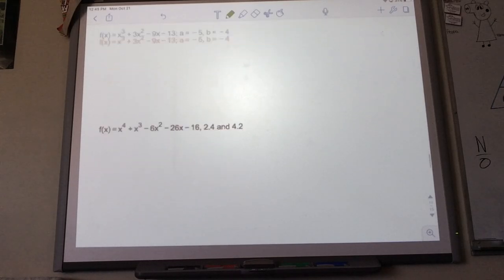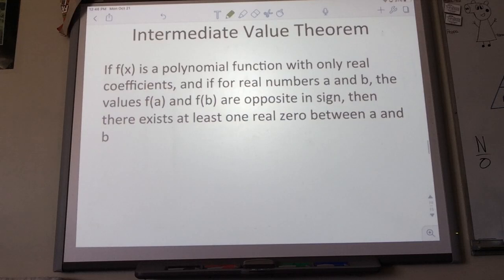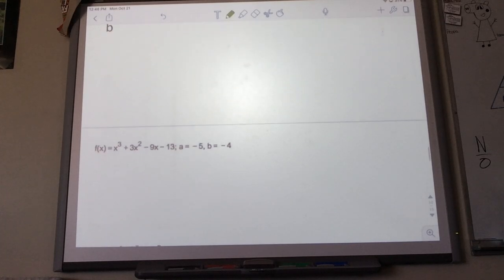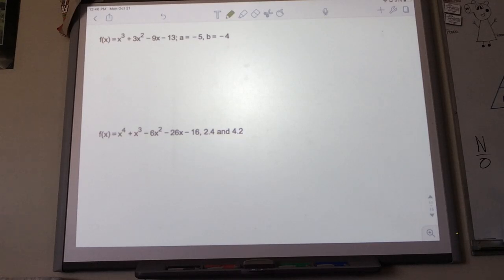It's actually very straightforward. If I plug in something and it's here, and then I plug in the next one and it's here, the only way to get from this to this is to cross through the x-axis. That's all that means. Okay? Intermediate value theorem just says if you plug in two things and they're opposite answers, we have to have a 0 between them. Okay? So if I plugged in A and B here, if I plug those in on my calculator,